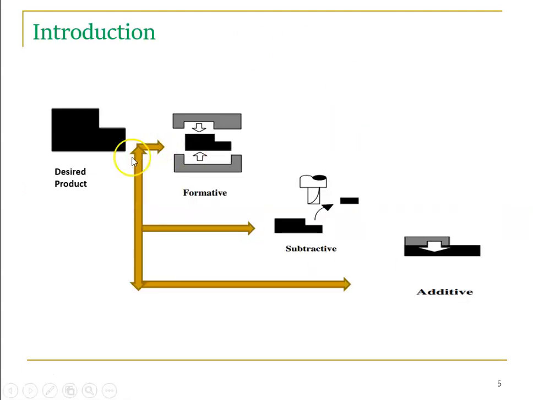Right, so generally, for example, if you want to fabricate this kind of product, the desired product, you can do it in so many ways. One is a formative process. So listen, formative in the sense you have a cube, right? If you apply the forces, you can get the same. You didn't remove any material from this. You just apply the force and you will get the product. This is what formative. So subtractive means you have a cylindrical cube like this, and you can remove the materials, right? This is what subtractive. So additive in the sense you can fabricate layer by layer. So the black is one layer. The top layer is fabricated on top of the first layer, right? So this is what additive manufacturing.